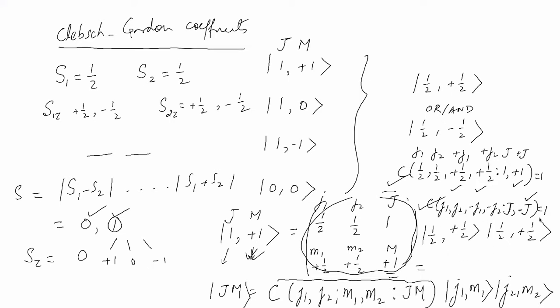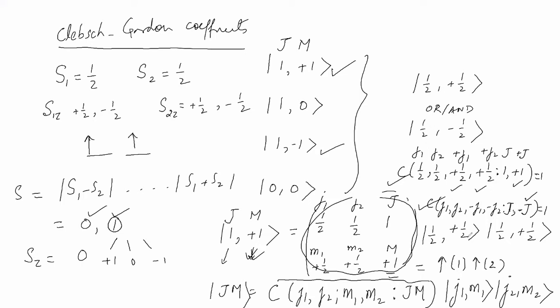This is 1. Then we have half plus half, which represents a spin up state here. And then in the second state, we have also half plus half. This will be represented. Okay? This is one case when we have considered 1 plus 1. Then the other case that we have discussed was 1 minus 1.